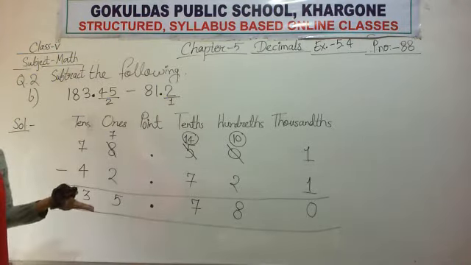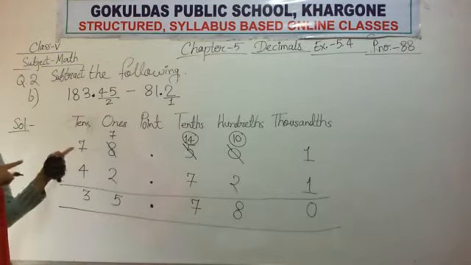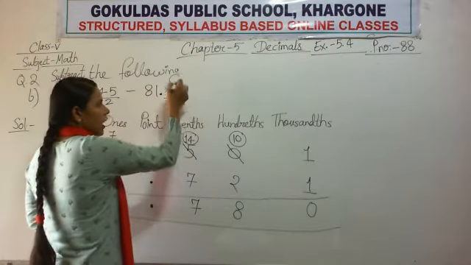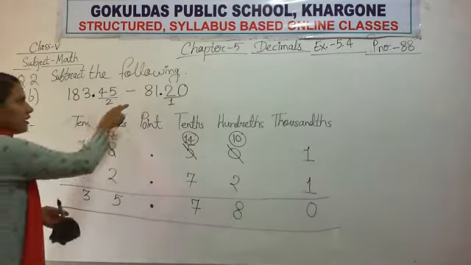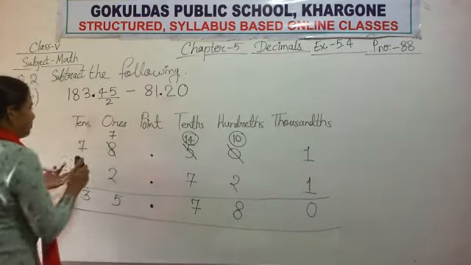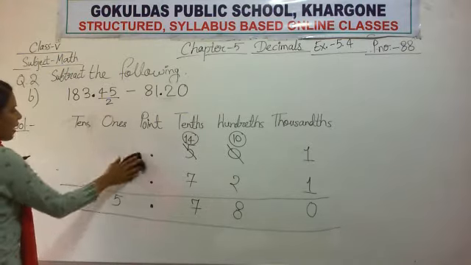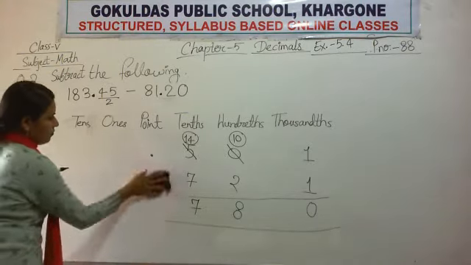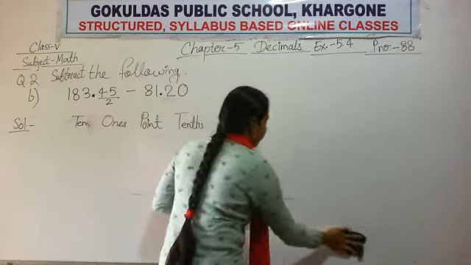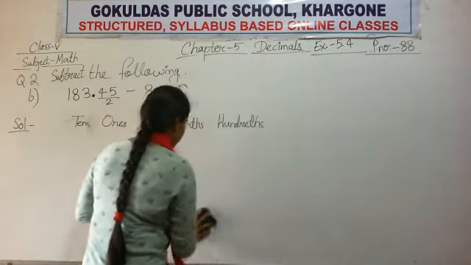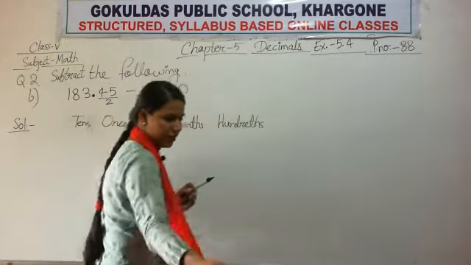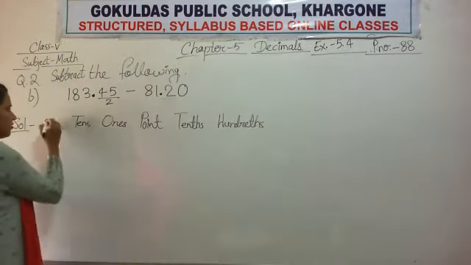So what is your first task? First task is make the given numbers like decimal. So to make like decimal, what will I do? I will add one 0 to make it like. Now after decimal 2 digits here. Now arrange both the numbers column wise and subtract them. In subtraction we always write the larger number first.